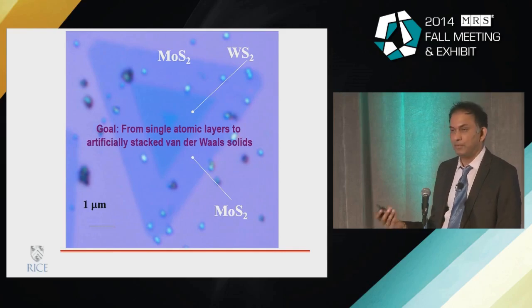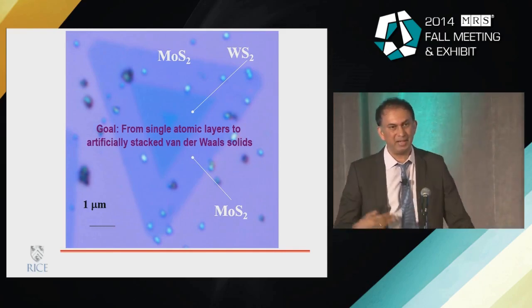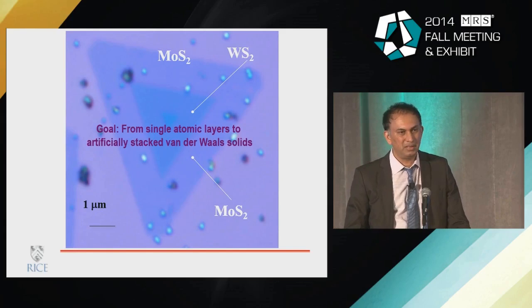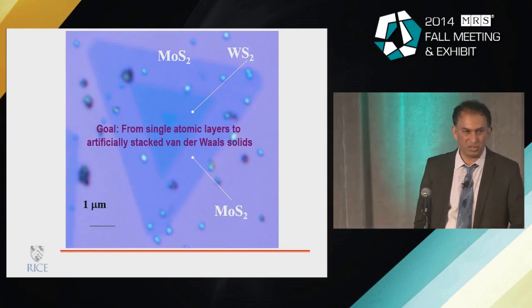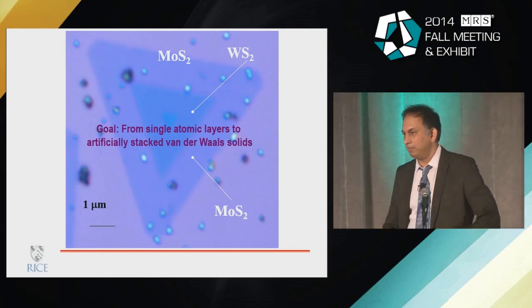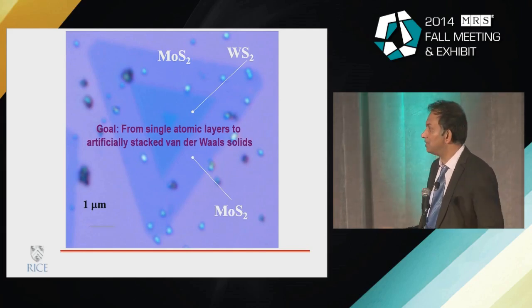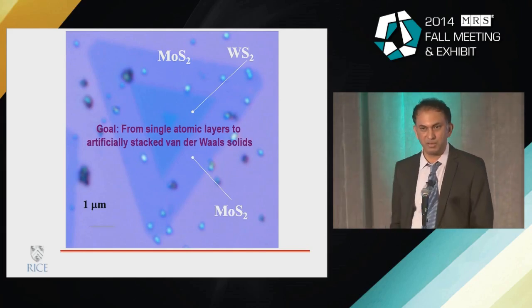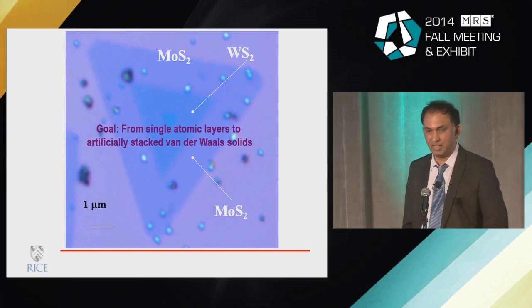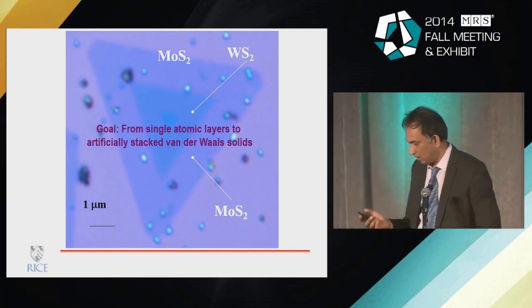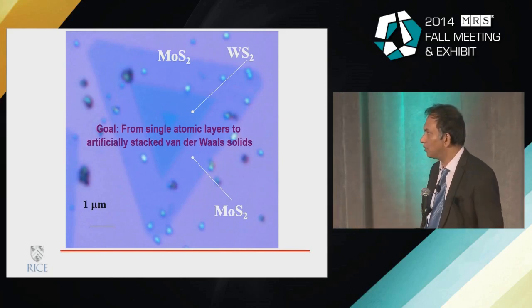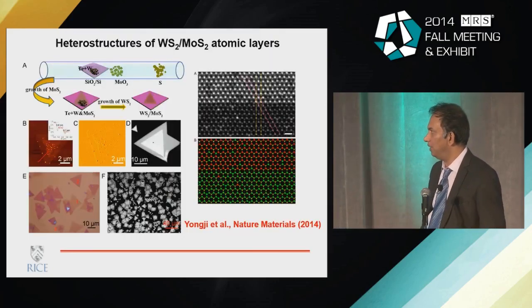Many times, if you are going to transfer layers one on top of the other, the interfaces are not very clean because the transfer process always involves solvents and so on. So I think the best way to create some of these stacks is to directly grow one on top of the other. But that, once again, is challenging. As I said before, you cannot really build up thicknesses by that technique too much, right? So one has to compromise on what exactly you need.